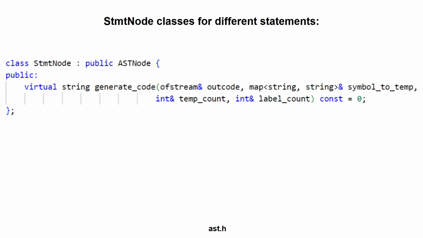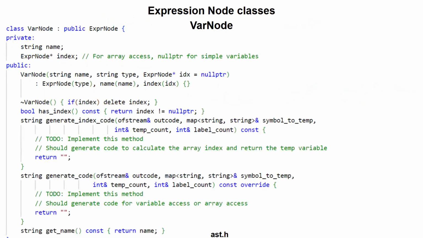Your implementation should also include a base class for all statements. This is the base class for all statements, which is also a derived class from AST_node. Now let's have a detailed look at all the expression node classes. First, we will look into the var_node class for variable references and array access. It handles both simple variables and array indexing and generates code